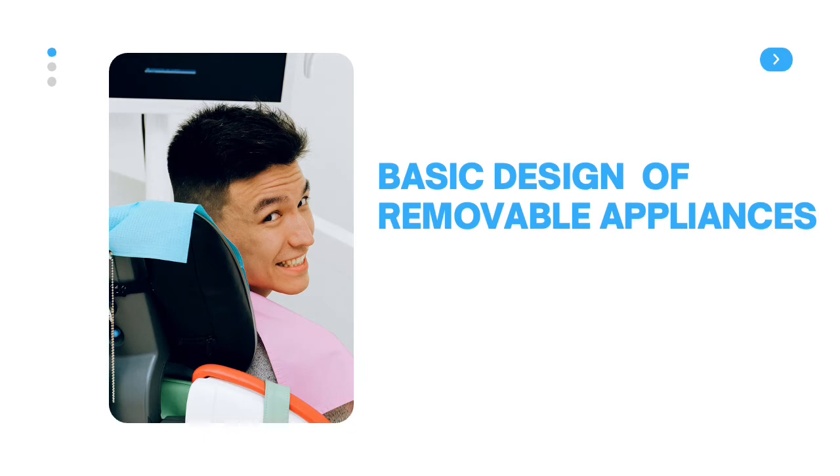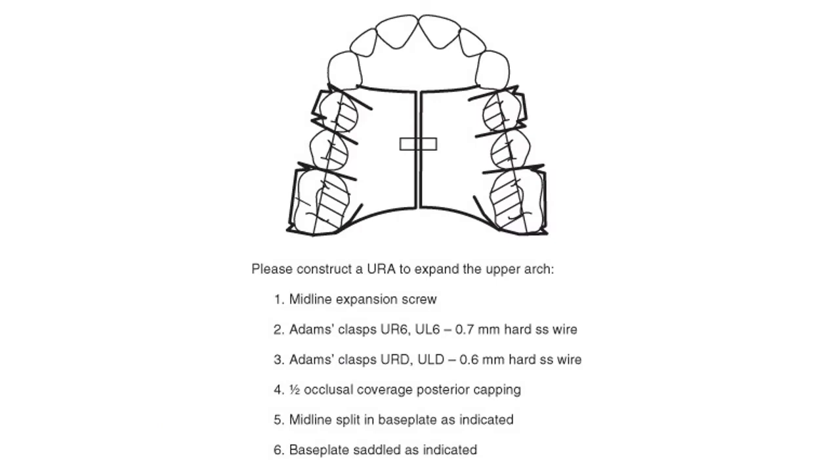Now let's have a look at the basic design of removable appliances. Okay, this type of question may come out in your OSCE or short answer question where you will be given a study model with a constricted upper arch, and then the question is please construct an upper removable appliance to expand the upper arch, and then this is how you need to draw, and then this is how you need to explain your drawing. You need to draw properly like what you see in this slide, and then state the midline expansion screw,